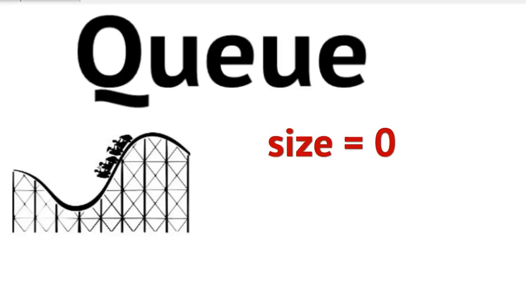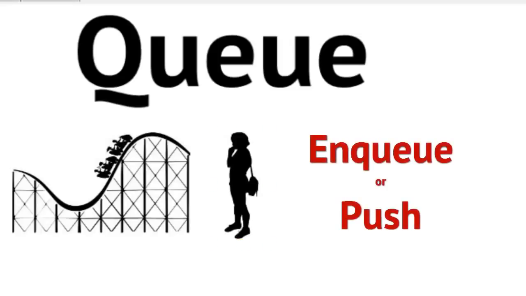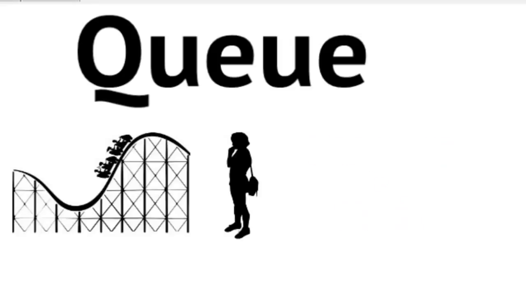Then all of a sudden a lady comes up and gets in line for this ride. We would say that this lady is now in-queued, or she has been pushed onto the queue. I know pushing is not really a polite term when you talk about lines, but in terms of the abstract data type, we would talk about the item being pushed onto the queue or in-queued. I prefer the term in-queue because it separates us from the idea of the stack, where we use the term push. But push is often used for the queue data structure as well.